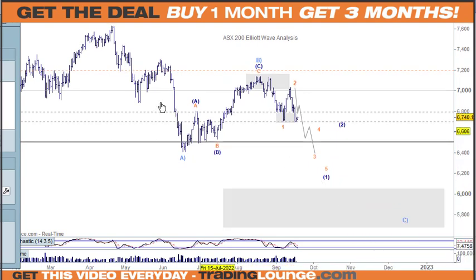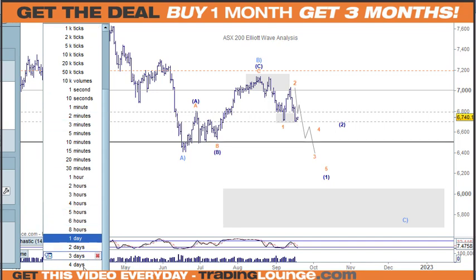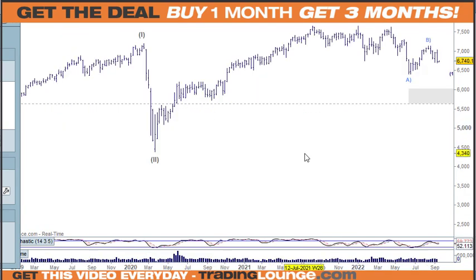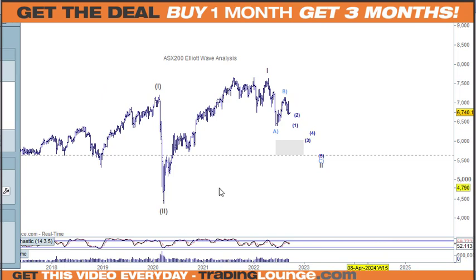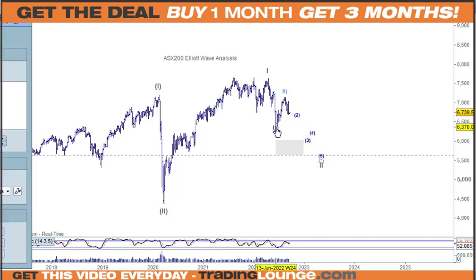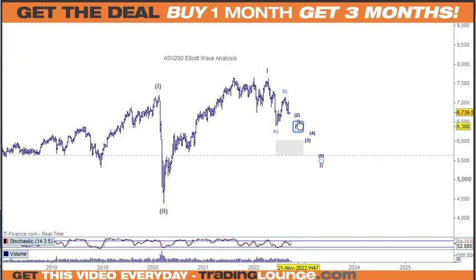So in the bigger picture, it would look like this on the weekly chart. We would be down at the 5,650, 5,500 area at the 61.8%. That's what I'm thinking. And it may not just come down in 5 waves. Wave 1 would bounce off that current low, and then we would have wave 2, and 3, 4, 5. I may need to change that, but still down.